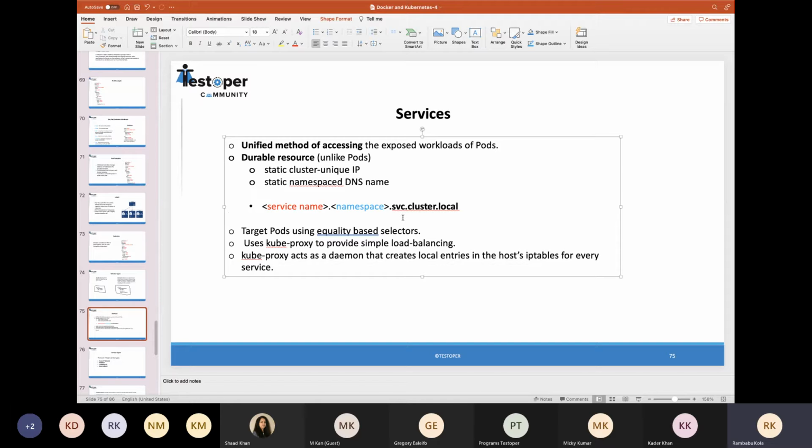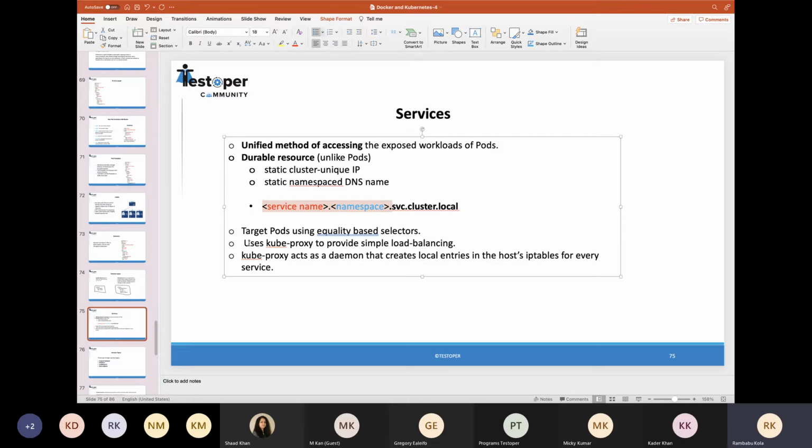If I want to interact with the one available in the dev namespace, we can simply use internal calls like test dot dev namespace. So instead of the request going to the external world and coming back to the load balancer and cluster, we can just make internal calls using these particular DNS names.